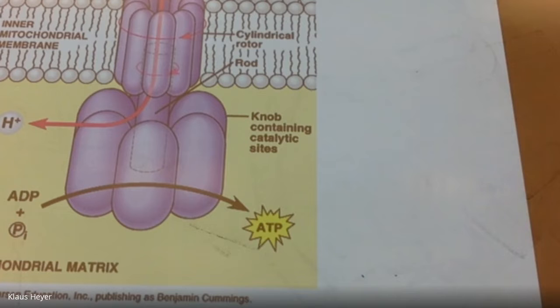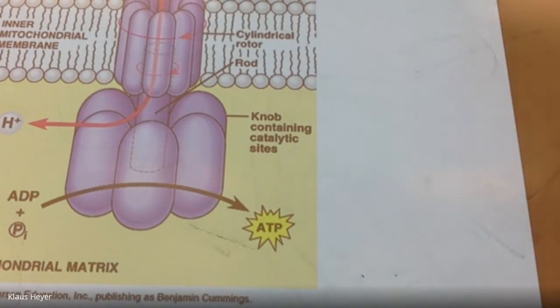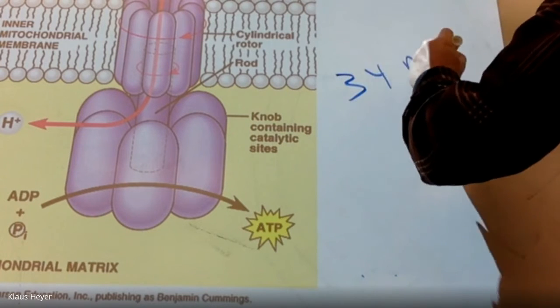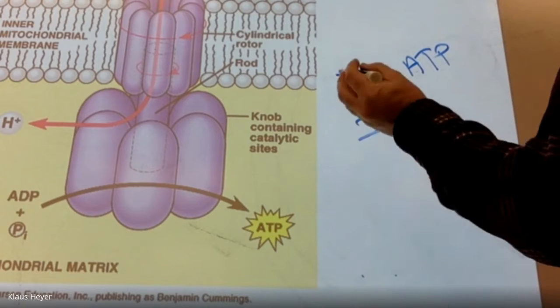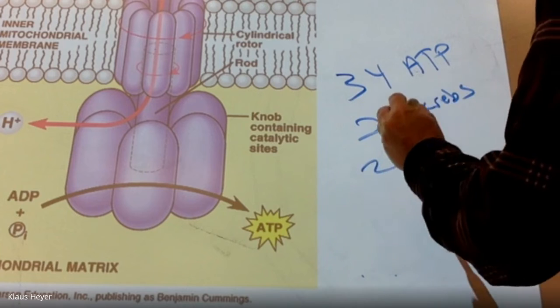And that's where you get the big ATP payoff. So you're getting around 34 ATP from this. You're getting 2 from the Krebs cycle. You're getting 2 from